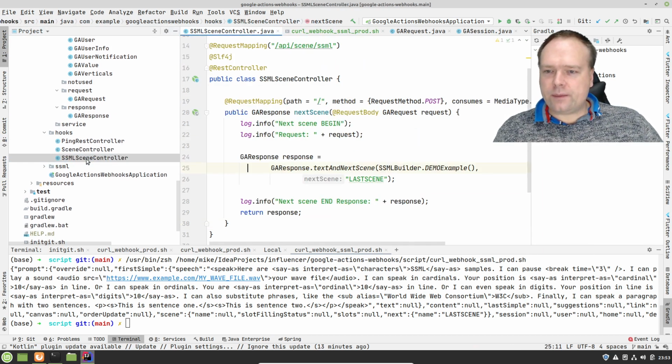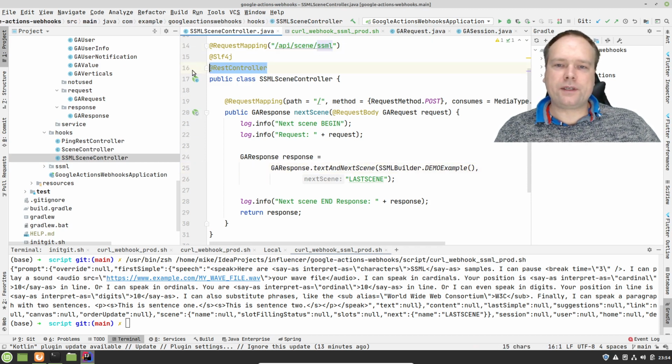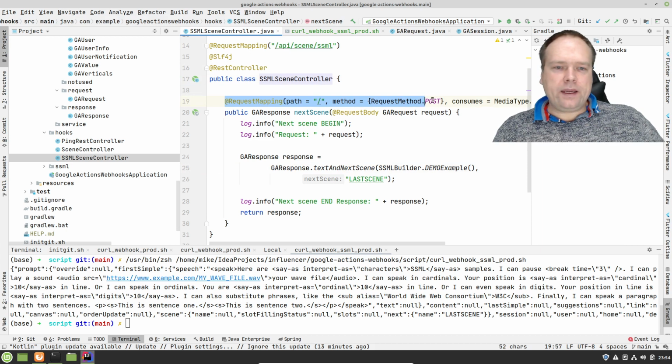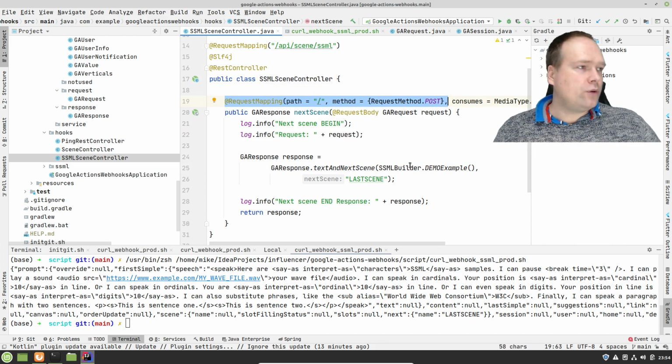So let me go to my SSML scene controller. I've already prepared that right here, so that means that I've created a REST controller right there. Then we have request mapping right there, API scene SSML. And a request mapping right here, it answers the method post, so that means that we need to post requests